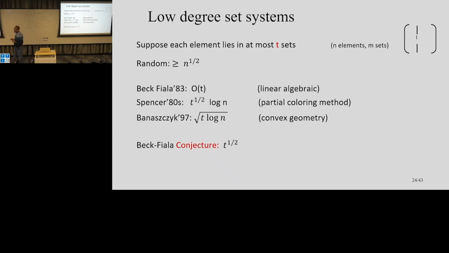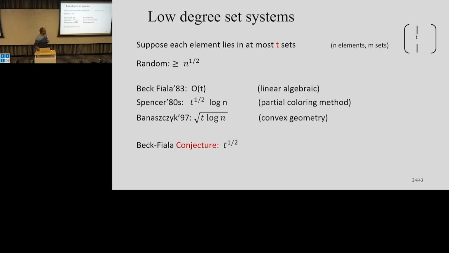How come n does not appear in the bounds? If you take all subsets of size t, then it's not good? Oh, because your t will be very large. Your t is how many ones are in each column. So maybe the picture to keep in mind is that your set system may have dense rows, but columns are sparse, say the incidence matrix of a graph, for instance, with two stars. And we'll see why this is useful. I won't prove this, let's take it on faith.